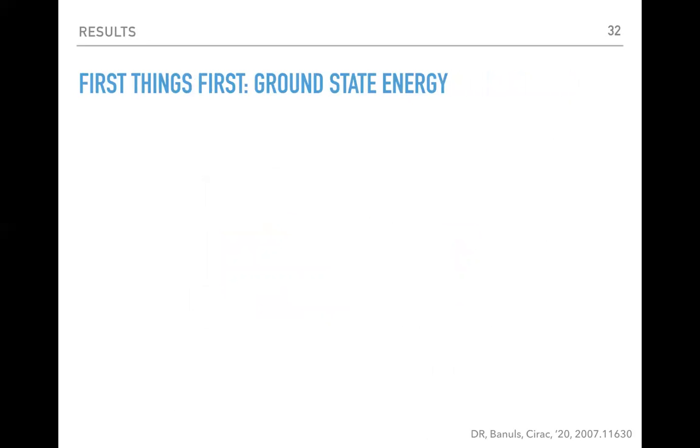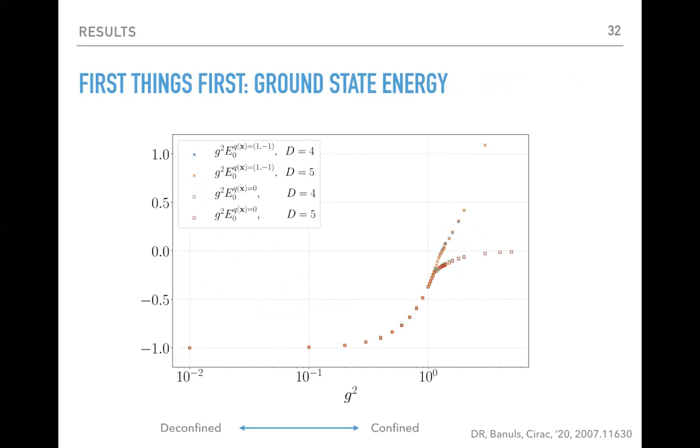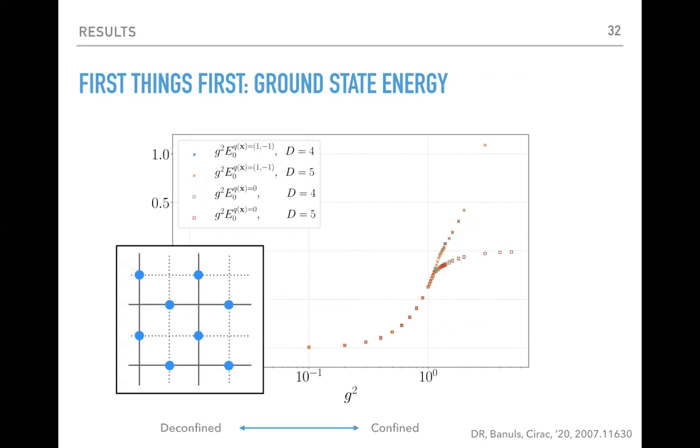and so here are our results. So at the end, we wanted the ground state energy. And for the case for which there are no static charges, we have these points, which are basically these two curves for the bond dimension of the iPEPS state equal to 4 and 5.